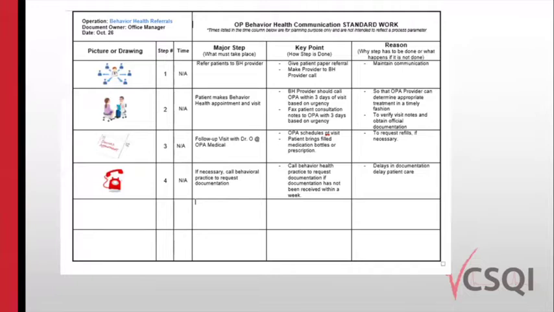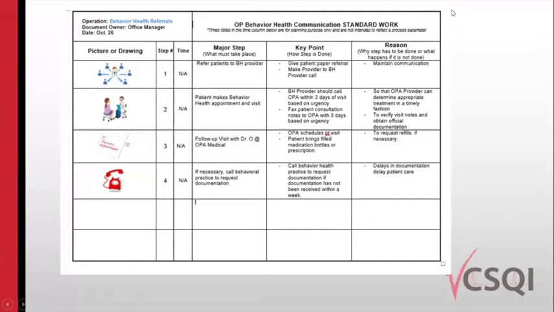That practice was, you can see the date on the top, October 26th, of last year, 2017. The practice was trying to document a process for how they're going to work with behavioral health providers in the outpatient setting. And so we call this outpatient behavioral health communication standard work. We determined it was a 4-step process between the provider and the other 2 behavioral health providers